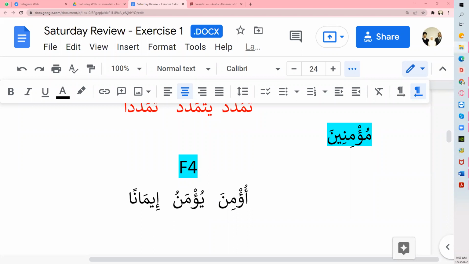I'm not saying there's only one correct meaning. Sometimes it can have all those meanings in that word by just using family 4, and that's why we use it, because it covers a lot of the meanings. So that is transitive. Yes, it's also transitive because you have to believe in something. You can't just believe. You have to have a maf'ul for it.